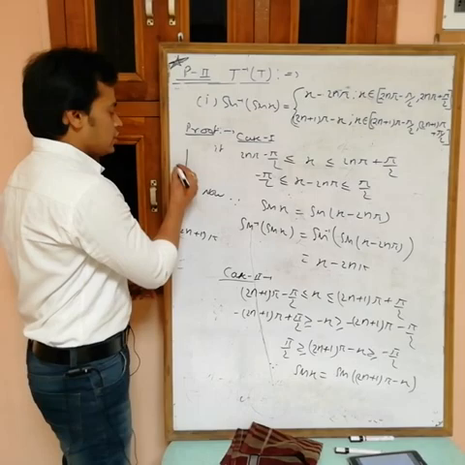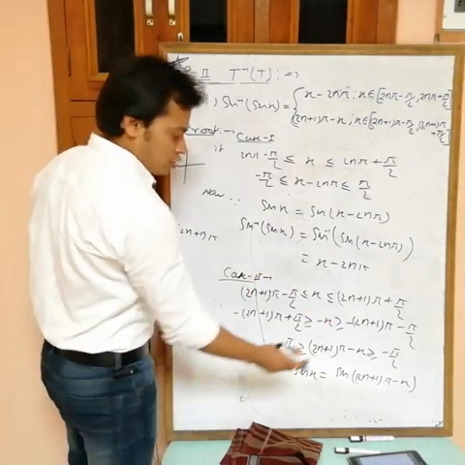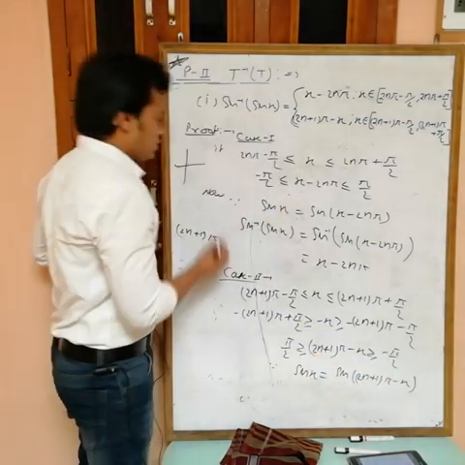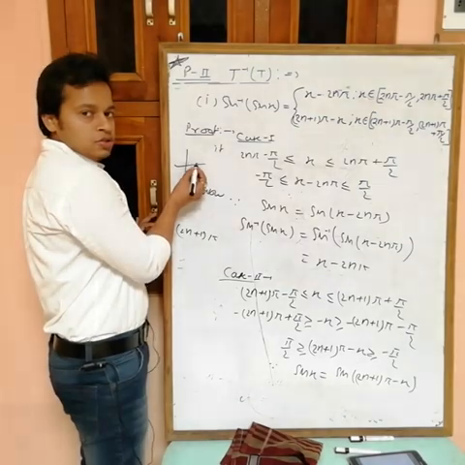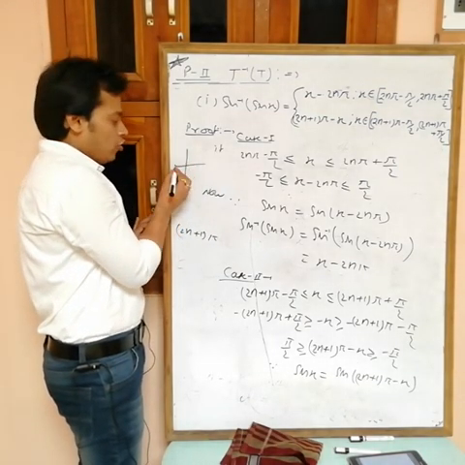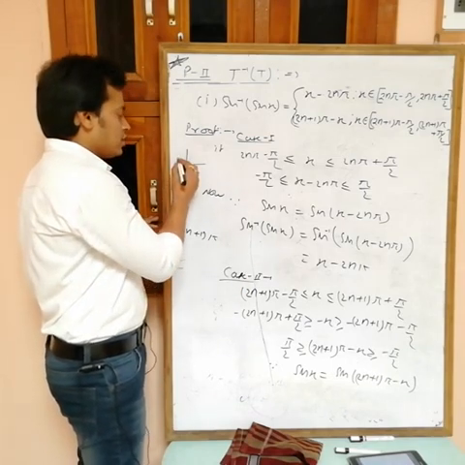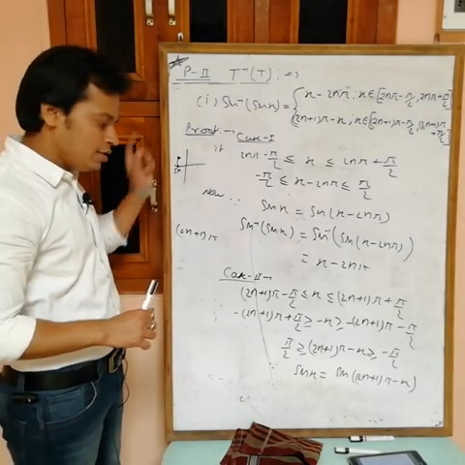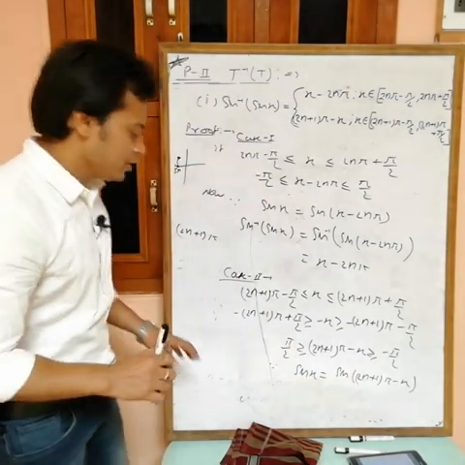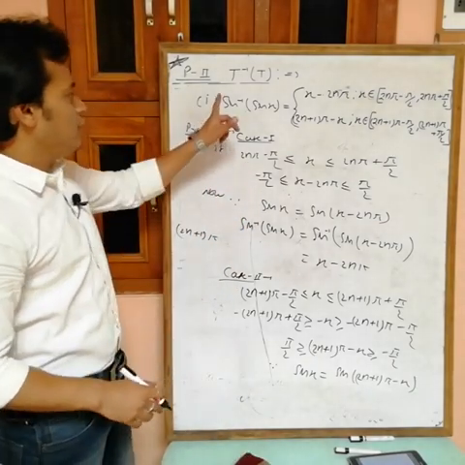Obviously, if you put any value of n, suppose I am putting 2, what are we getting? 4 plus 1, 5 pi minus x. So where will you get 5 pi? 0, pi, 2 pi, 3 pi, 4 pi, 5 pi. Every odd multiple of pi we are getting in this one. So here we have 5 pi. Now 5 pi minus x is in the second quadrant, and in the second quadrant sine is positive. So this is equal to sin x. Now see, sin x equals this one, but you want the value of sin inverse sin x.